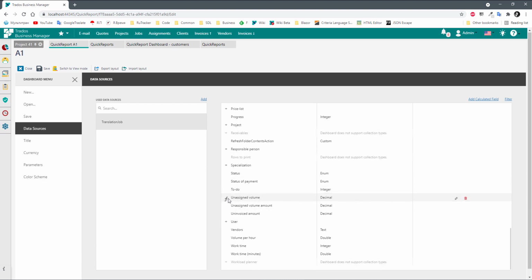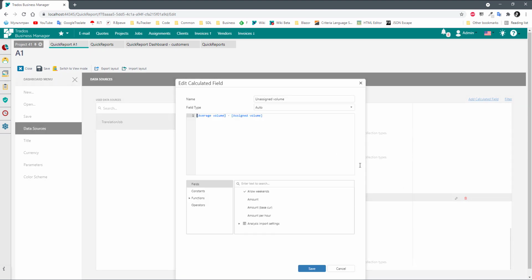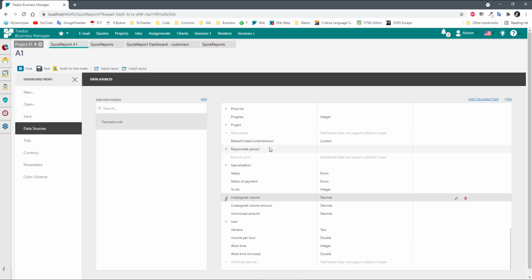Now among built-in fields you will find this unassigned volume field, which is marked with this icon, which informs you that this field is calculated one, and you can edit it here if needed, like this. So this is about data sources, and since we started to talk about dashboard menu,